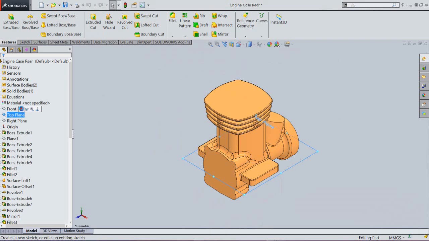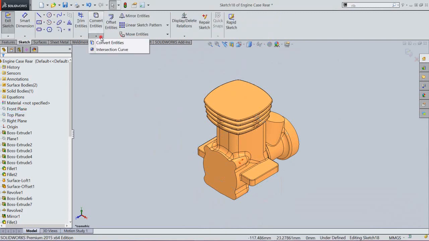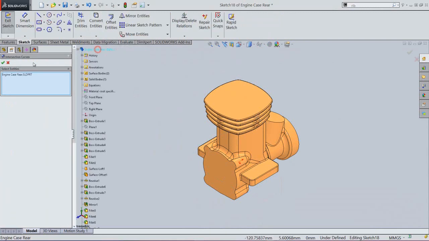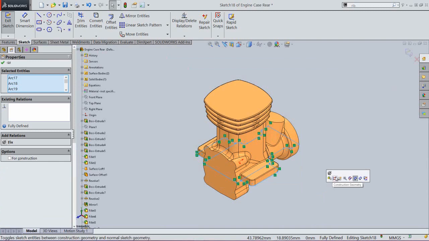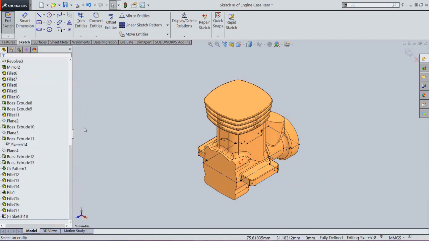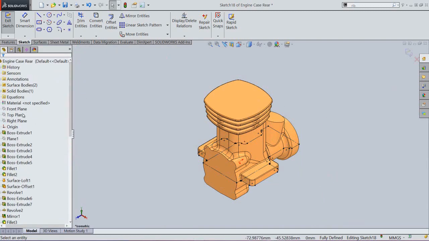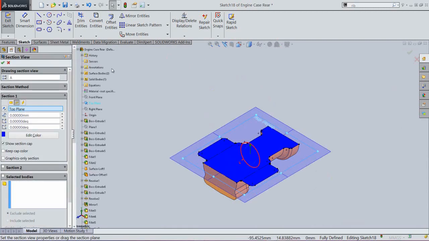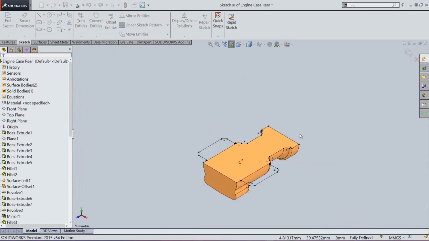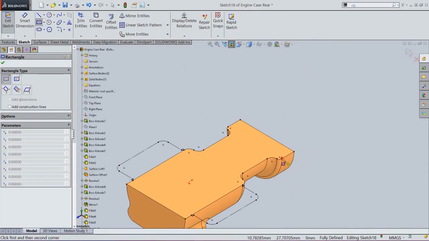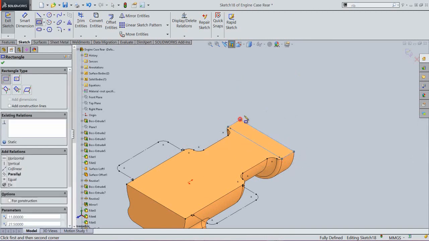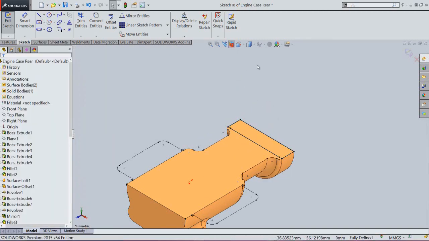Select top plane, create sketch, activate the intersection curve command and select through all body. Convert all the sketches into reference geometry, construction geometry. Okay. Activate the section view by selecting the top plane. Now create a rectangle like this.